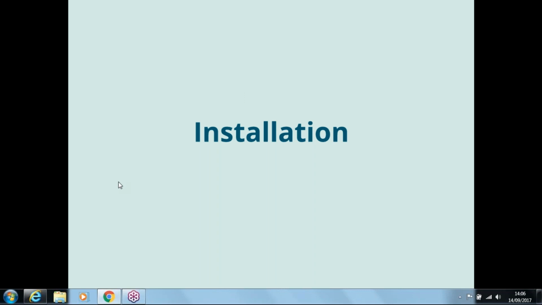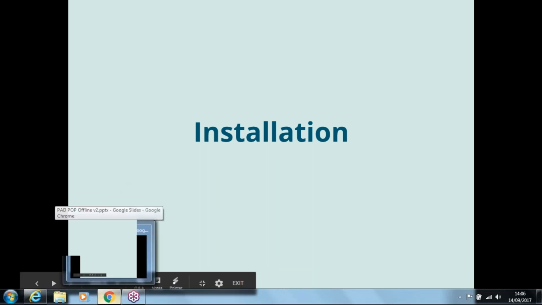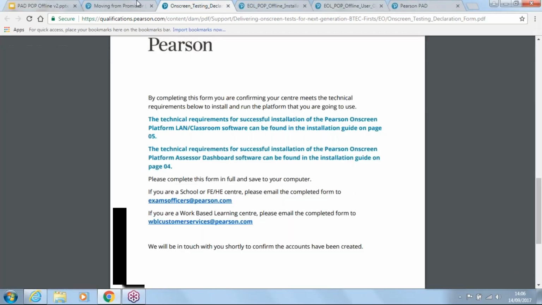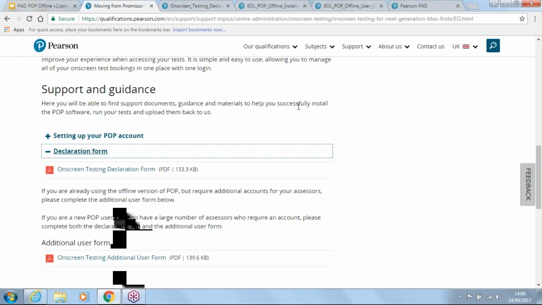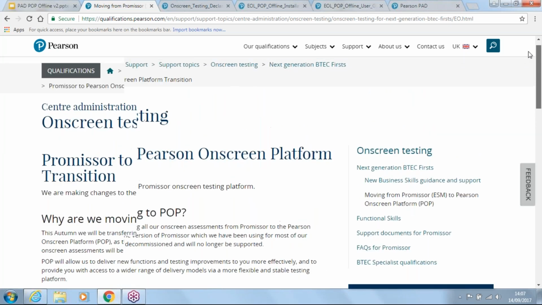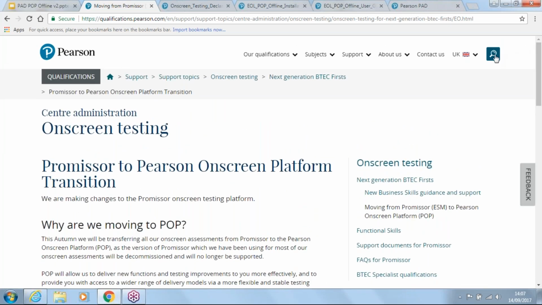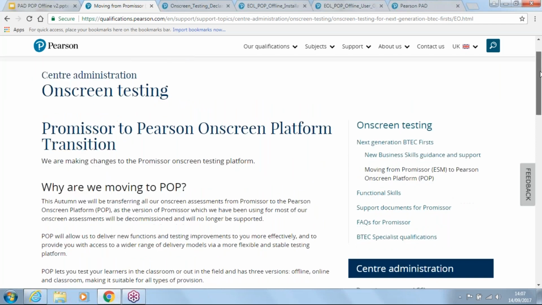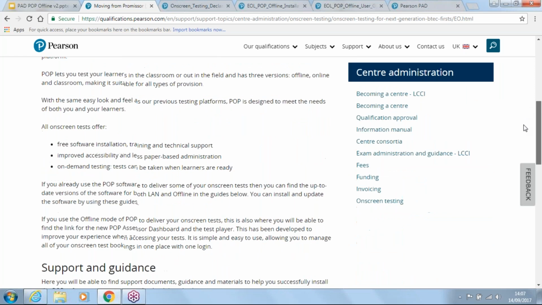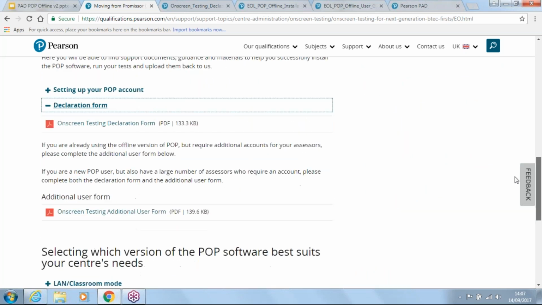When it comes to this, the best way of doing it is to show you the installation guide. Now on here, again, you find it from the same place on the website. So again, you go to qualifications.pearson.com, you go up to the search bar in the top right hand corner, type in the Pop, and it's the first search result. Scroll right down to the bottom, past support and guidance,